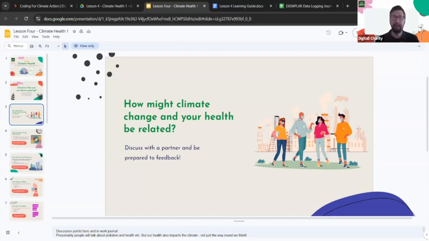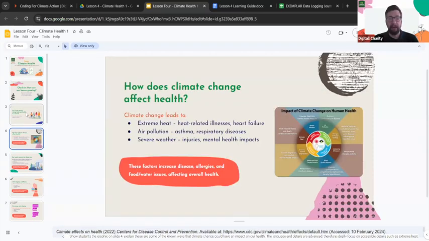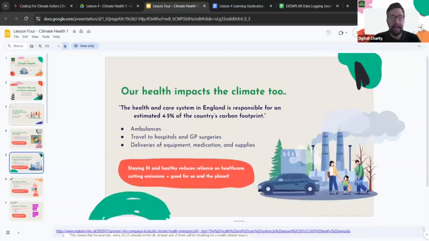And you can see that with political decisions, with things like low emission zones in cities like London and Bristol and other places. So there might be some experience of that students have already. A couple of slides go through that, showing that there are impacts on our health as a result of the pollutants from climate change, as well as other things, severe weather, for example, causing injuries. But actually, the drive of the lesson is to turn that on its head,